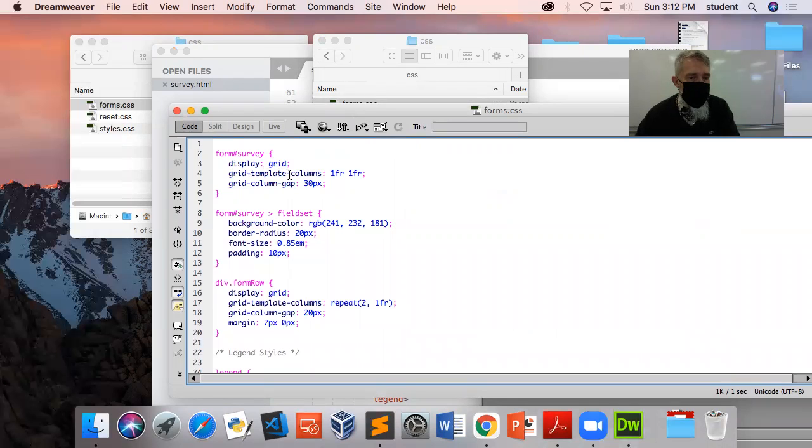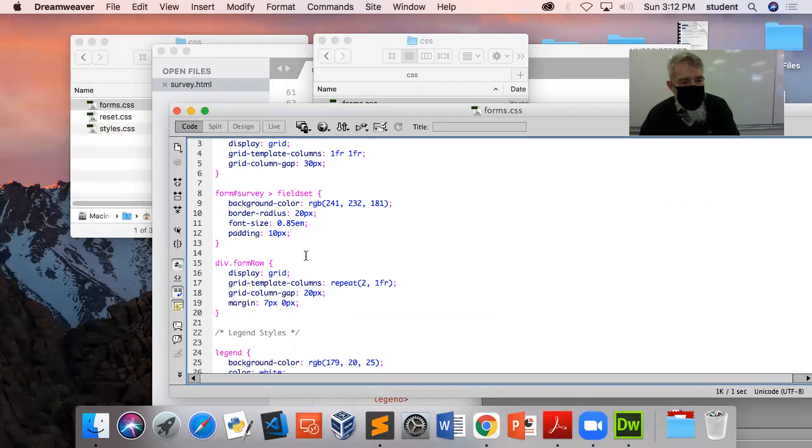As I said, we're doing a bit of a grid, setting it out in 2 columns. Grid template columns, that's the number of columns that you get. Then for your field set, this is for the entire form, right? For the field set, you've got a color and a border, nothing fancy there. Now for the rows,